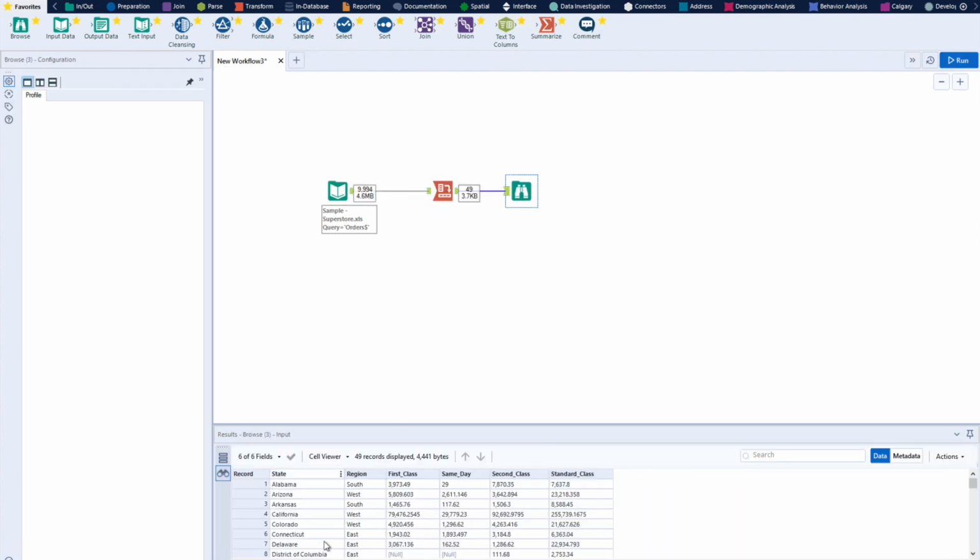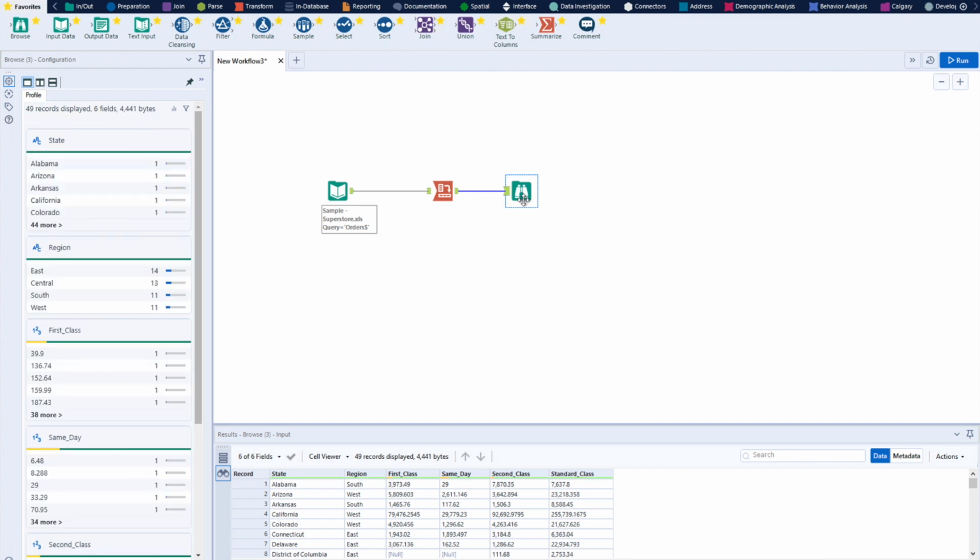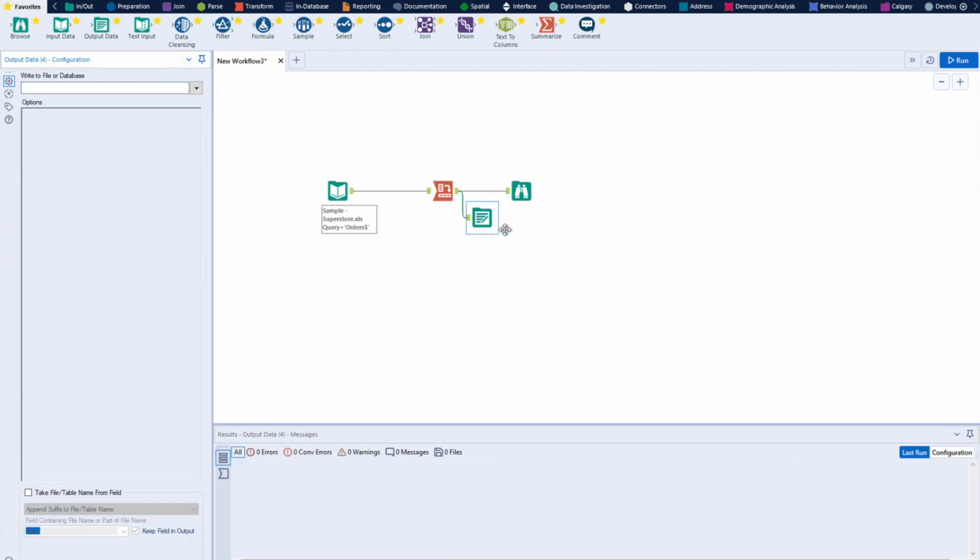So basically you have to just arrange that. Here you have region and states, your columns and your values. That's how we got our results, we got our output. Now what you have to do is put that into your output tool. Just add an output tool here, and if you want to put this data back to your file, CSV, Excel, or any other database formats, it's all ready for you. So this is one of the tools which is very, very useful.